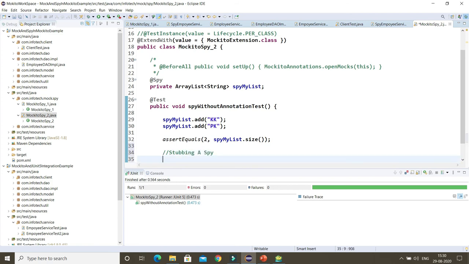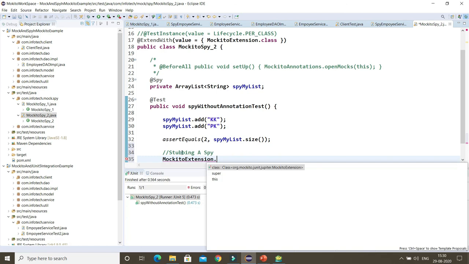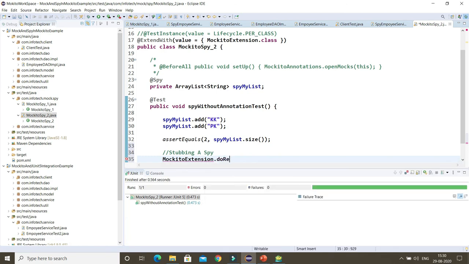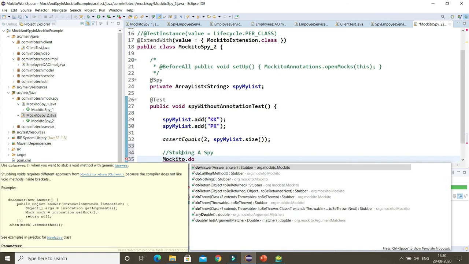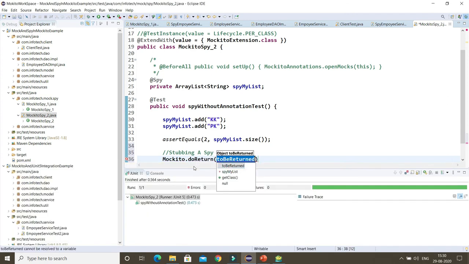We have an API called Mockito.doReturn, right? So we can use this method doReturn to get the stub of a spy as well, right?